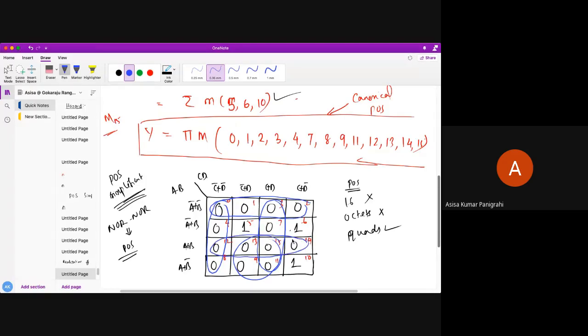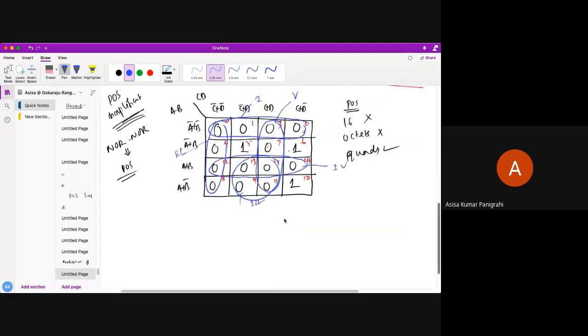Do you all understand what I have done here? Very simple. For this term, I have used this quad. For this term, I have used this quad. For these two terms, I have used this quad, and for all the remaining terms, this quad and this quad. So how many groupings have we got? Group number one, group number two, group number three, group number four, and finally another group here, which is 5. So we have got all 5 groups.